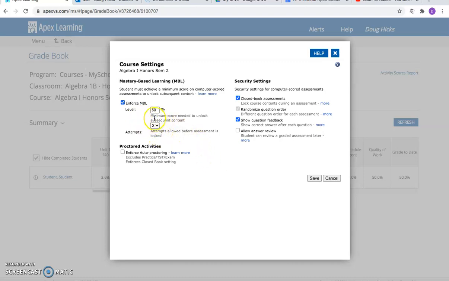As far as attempts on the quiz go, that's right here. Again, we found the magic number for us, and again, it's going to be up to you, has been 2. We've toyed around with 1 and 3. 1 seems to be too little. 3 attempts tends to be too much, and the reason is, as I showed in the previous video,